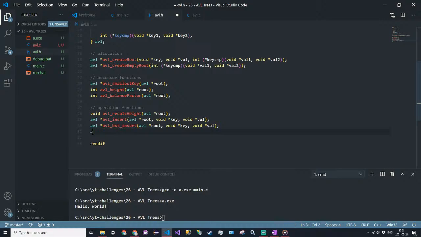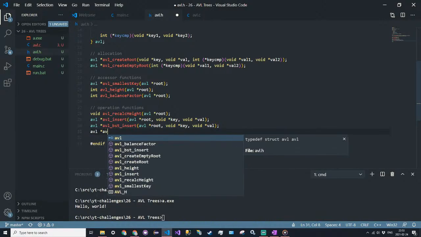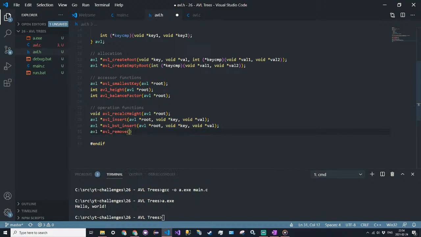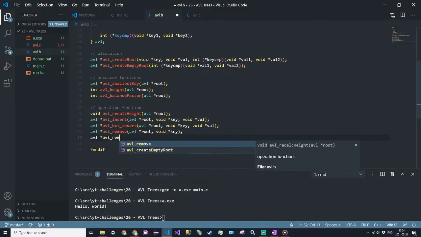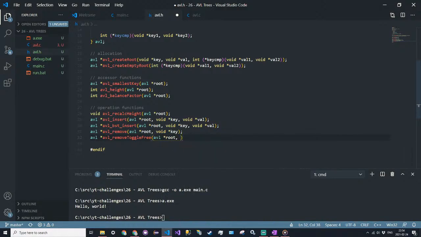Alright, and then we'll have AVL pointer AVL remove, passing in AVL pointer root and a void pointer key. And then we're going to have an AVL pointer, AVL underscore remove toggle free, which will pass in AVL pointer root, a void pointer key, and a character free node. So here the character will just represent a boolean. So the purpose of this function is,